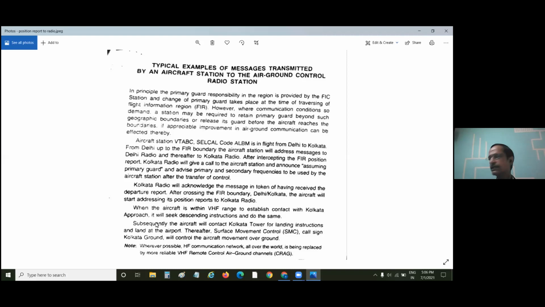I told you now it is here. Within VHF range. Within VHF range is when you are in the control. That is, I told you on the map. How will you know what is the VHF range? By looking at that circle of aerodrome, like 25 nautical miles and 5,000 feet, 30 nautical miles and say 6,000